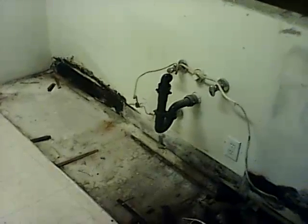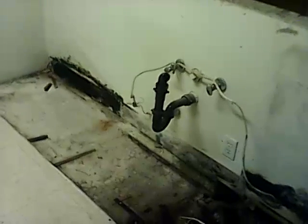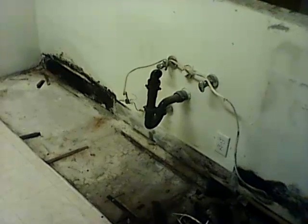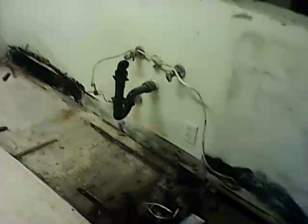So I will continue to document this as it goes along. And hopefully people can get an idea of what you don't want to happen. And definitely don't use Lysol. It's crap. For regular mold, great, go for it. I use bleach for everything, and then dry the wall out, sand it. If the wall's soft, like some parts of this wall down here are soft and it's not getting replaced. So just make sure you know what you're doing, know your rights, and know the law,